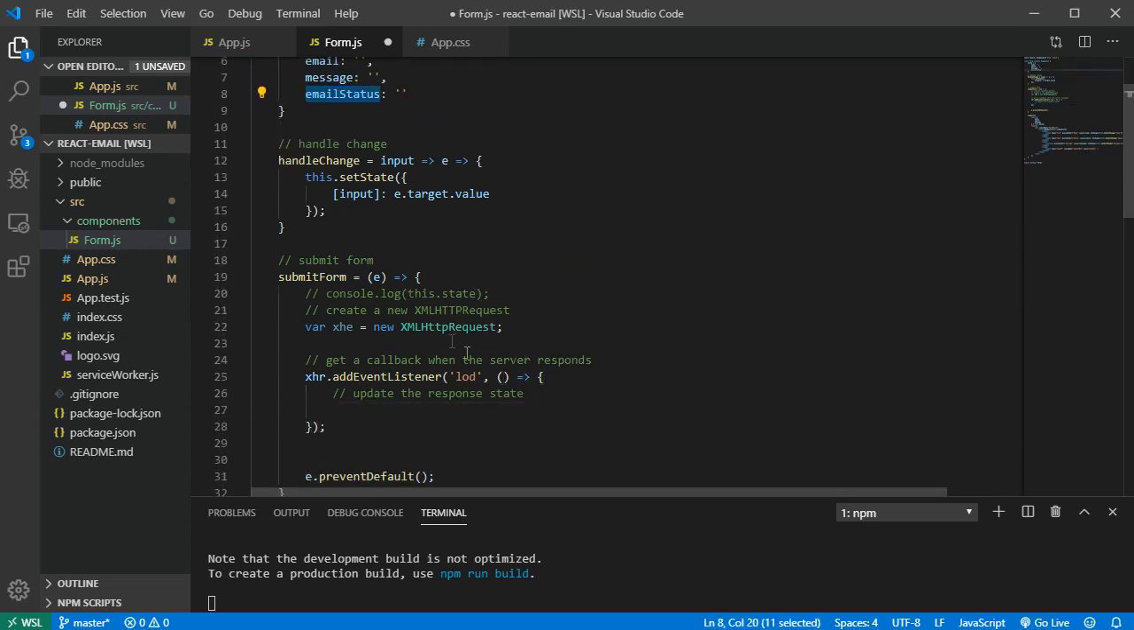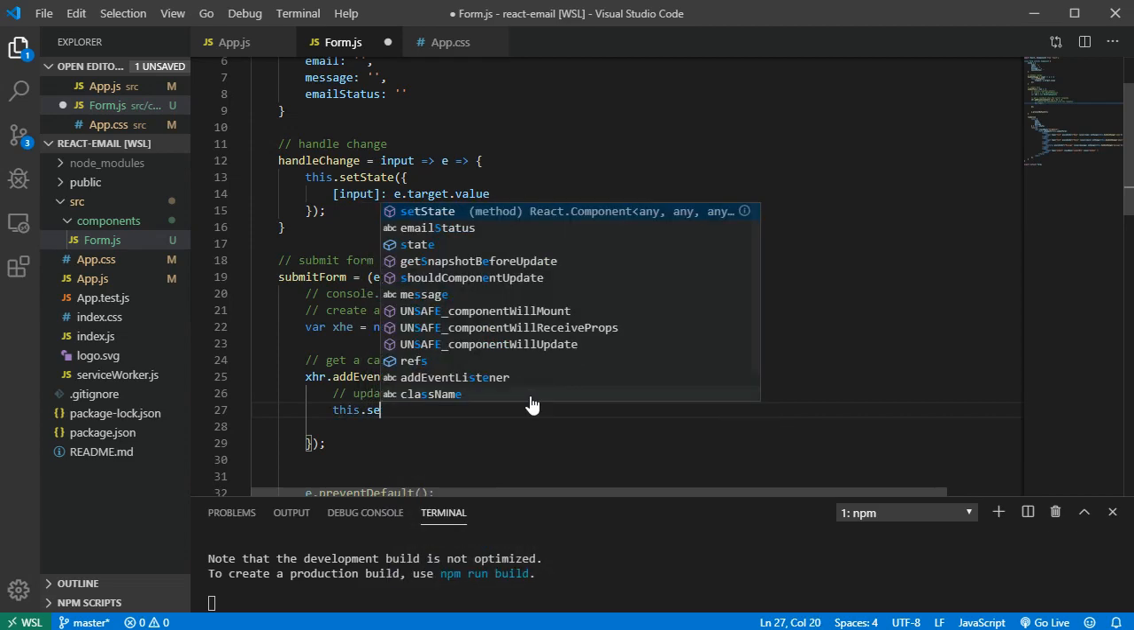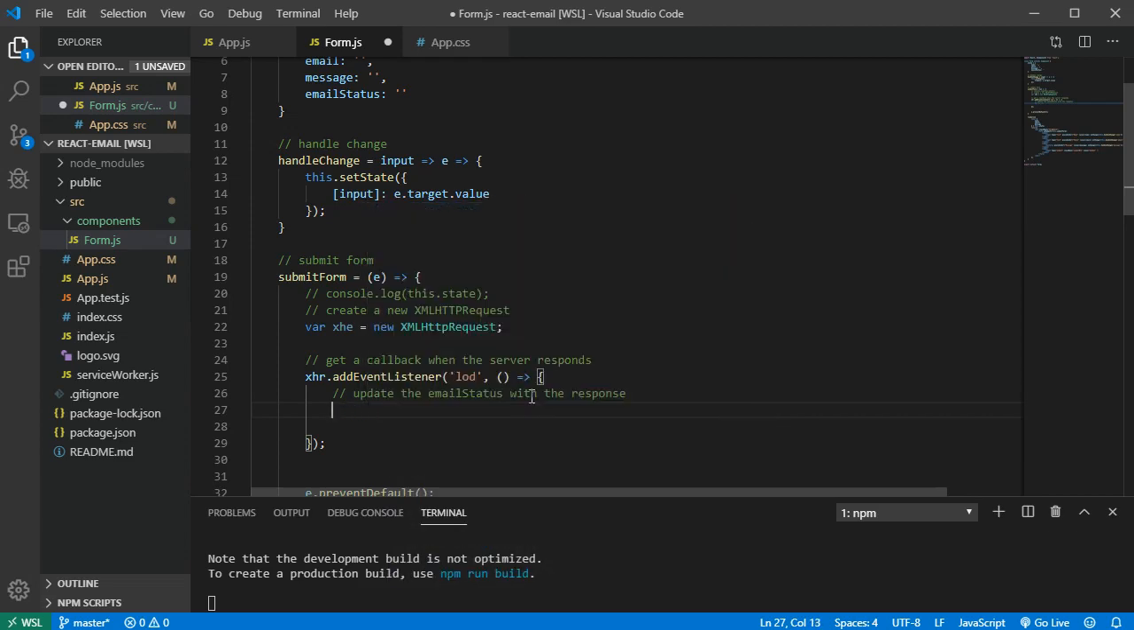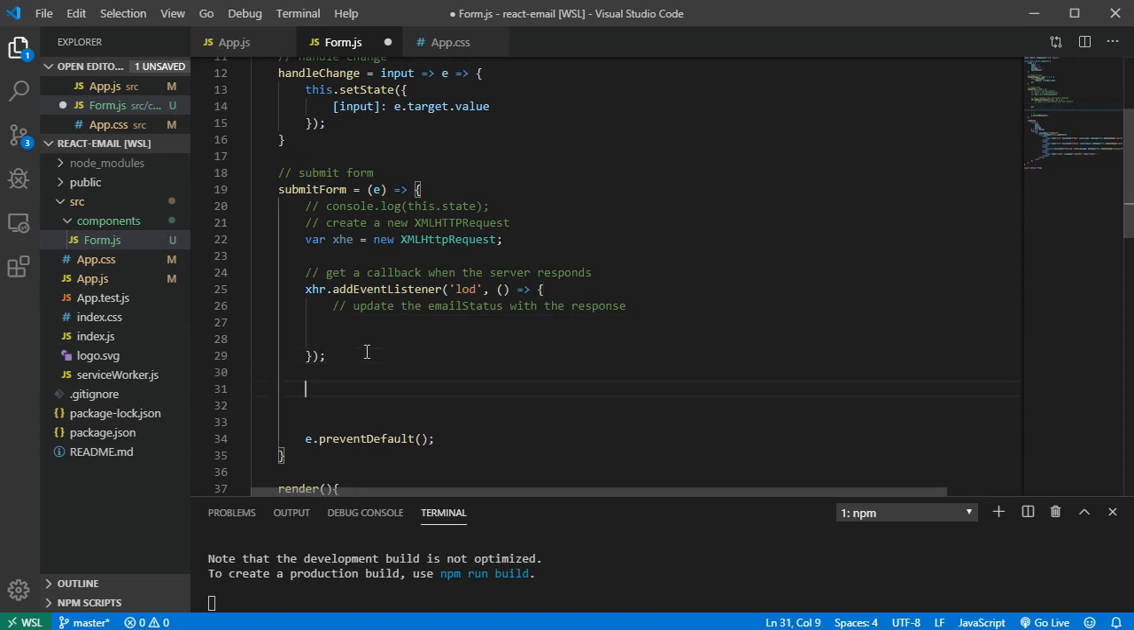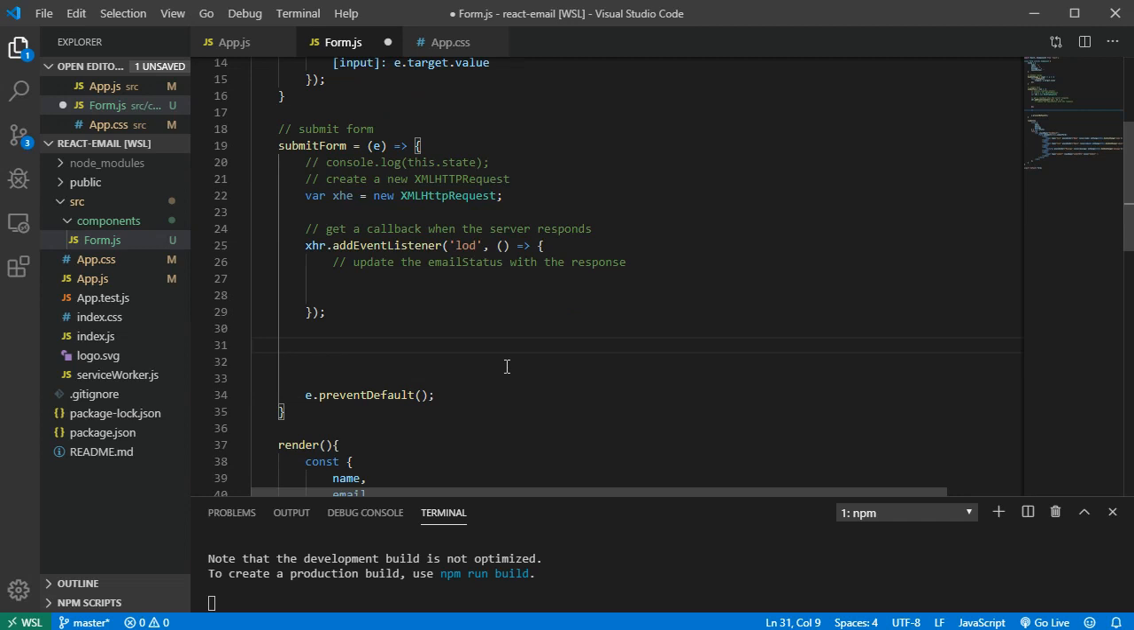We can actually put this email status here like this. So let's update the email status with the response, and here we'll have this set state, blah blah blah. We'll do that later. Now here below we want to indicate what API needs to be open, so we have